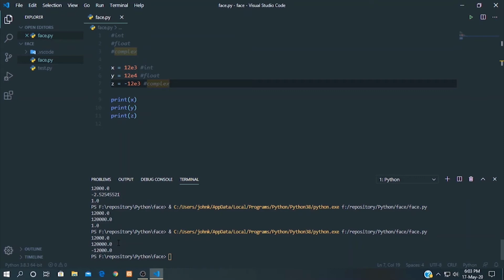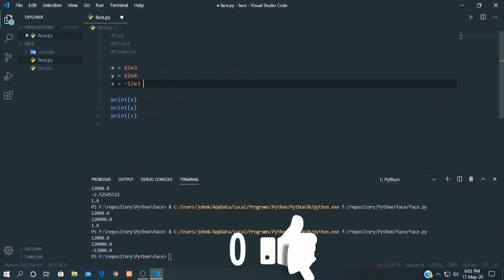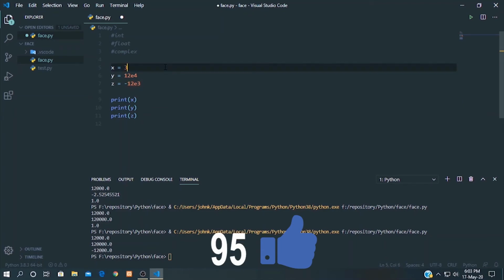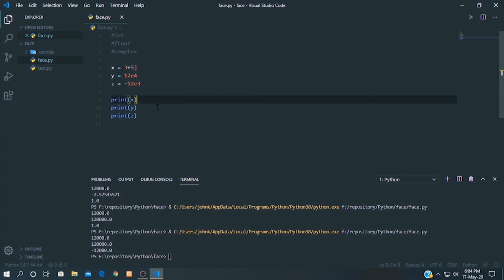Now complex. Complex numbers are written with a j as the imaginary part. So for x, 3 plus 5j. Let's check if it works.